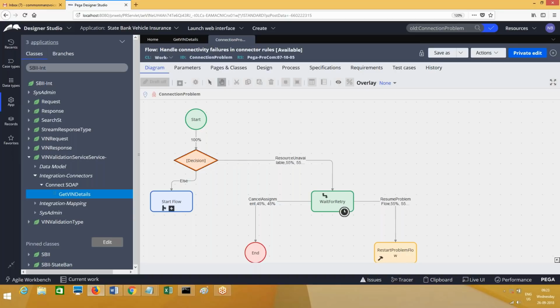Server not found. See, when you are working with connectors from a vendor, you will get many codes like this. The vendor will give you a document which states the list of codes and the descriptions for them. So they tell you these are the exceptional situations you may expect from us. Accordingly, based on the code, you have to do the exception handling. If it is 404, whatever the exception, it will execute the flow.